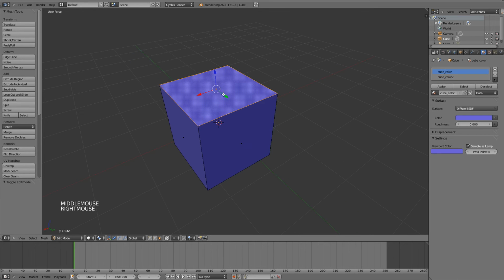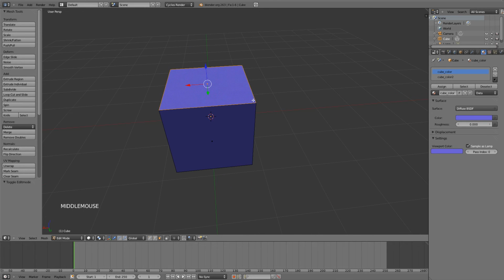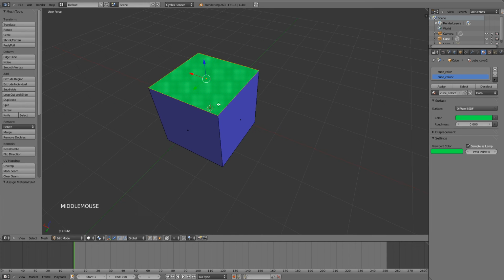If I select any of these blue faces, you can see over here on the right that they are assigned to cube color, which is the blue color. If I want to assign them to the green color, all I have to do is select a face by right-clicking on it, go to cube color, and click assign, and you will see that the face is now green. I can do this with multiple faces by shift right-clicking, going to cube color 2